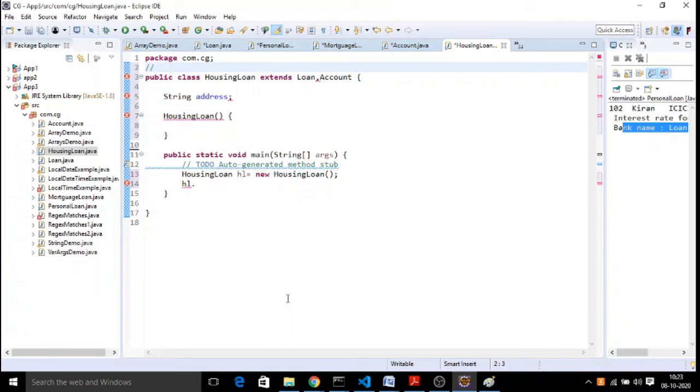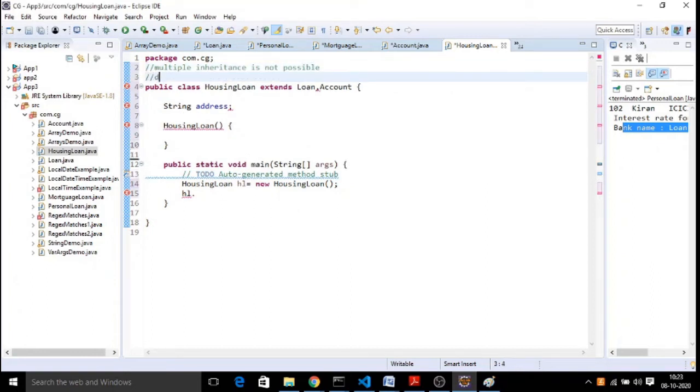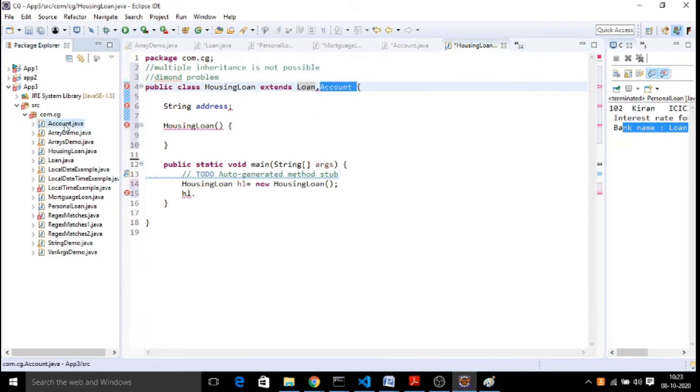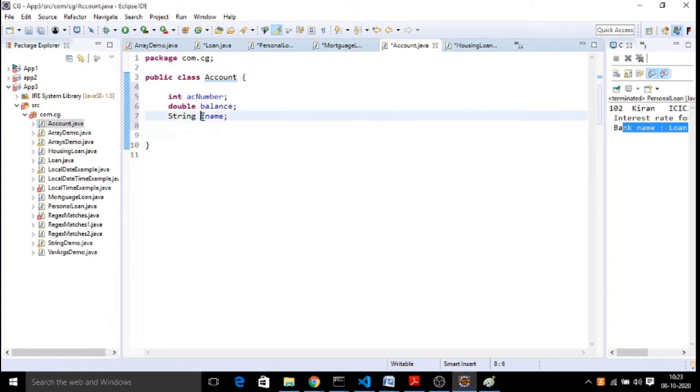In Java, multiple inheritance is not possible. Here is called the diamond problem. Means there is a variable that may be present in your loan class and an account class. In your account you also have a CNAME, balance and account number.